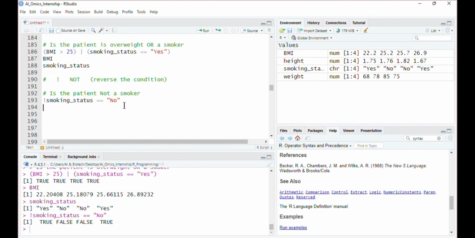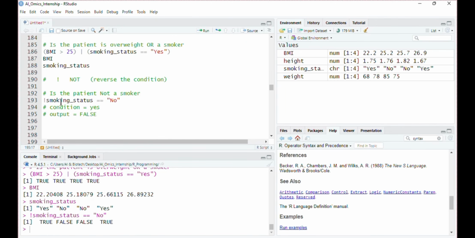This is the minor difference of this NOT operator to the other logical operators. In this case, if the condition is yes, true, then the output will be false. But in the above cases, when we had the condition equal to yes, we had output true.